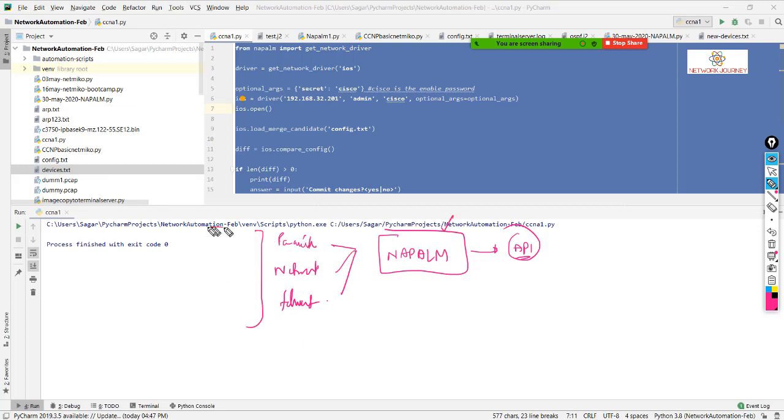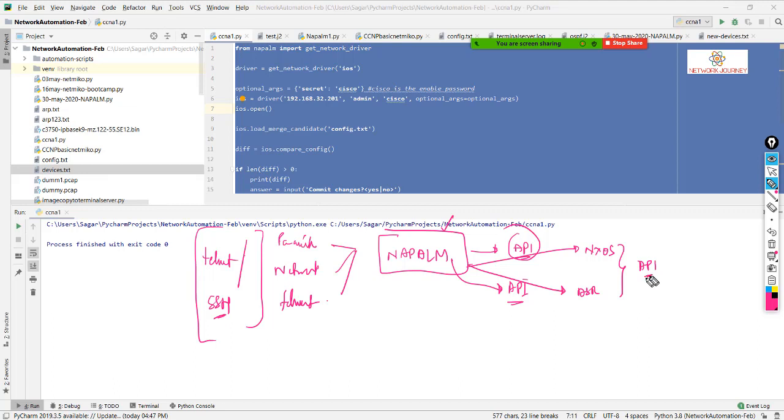So these three modules were making use of the legacy transport method, that's Telnet or SSH. But NEPAM on the other side runs on unified APIs. This is a module which can be integrated with all the Nexus versions or the ASR versions, basically those which have integrated Python or API capabilities.